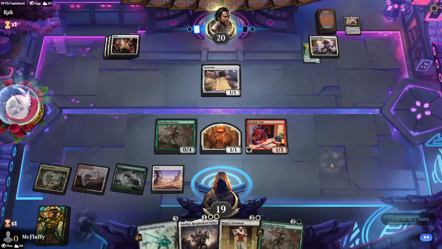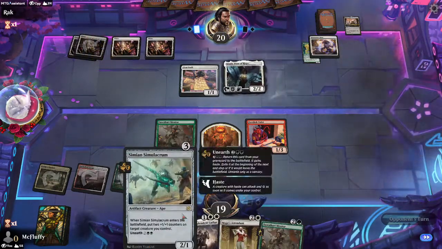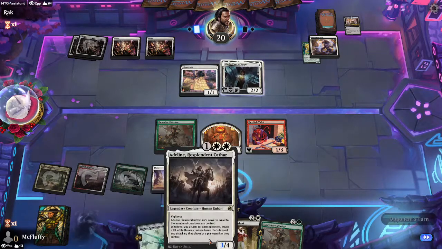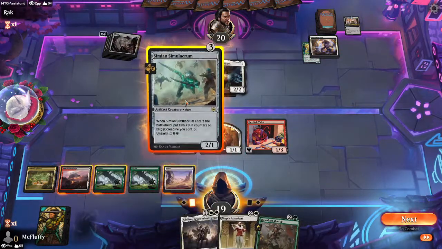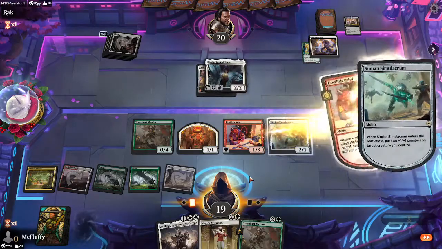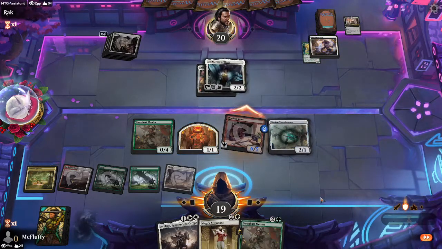We'll probably play Simian Simulacrum next to pump up the Devilish Valet, and then we can potentially look for a kill just by other sources. So we can give it 2 +1/+1 counters and then play Adeline, and then we would get a total of 2 triggers there, which would be very good. If you have the trigger ordering on, you can potentially order triggers as you please, which is nice. Swing in with the